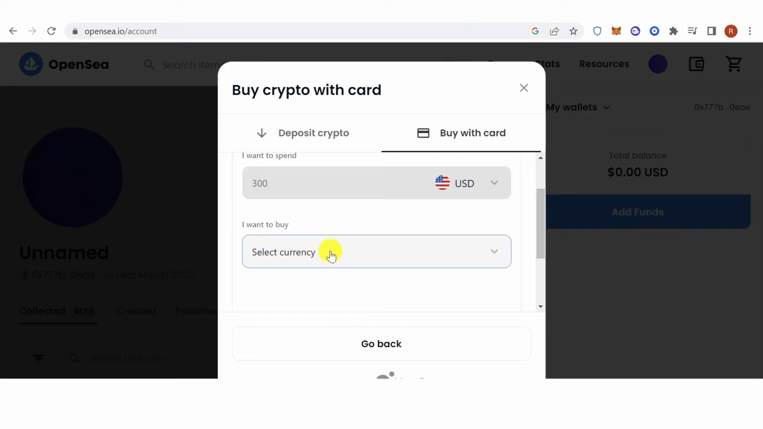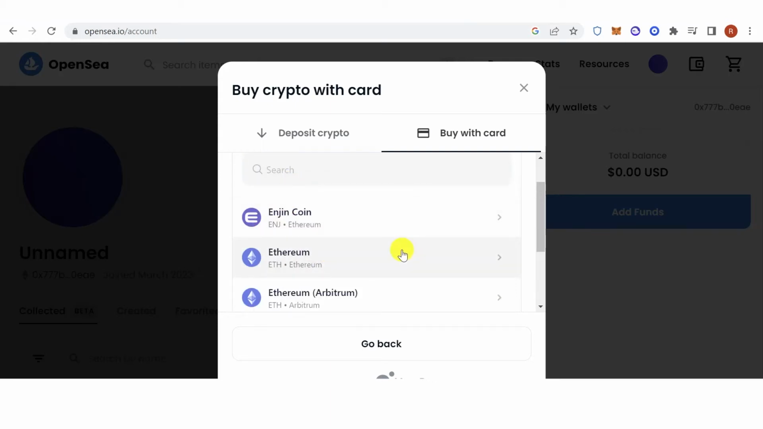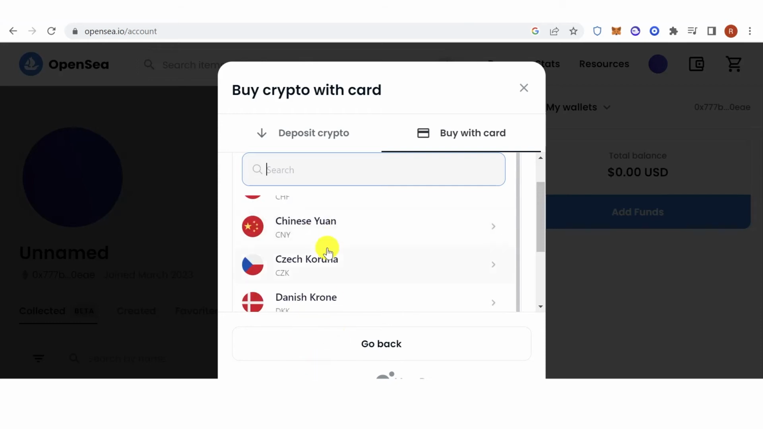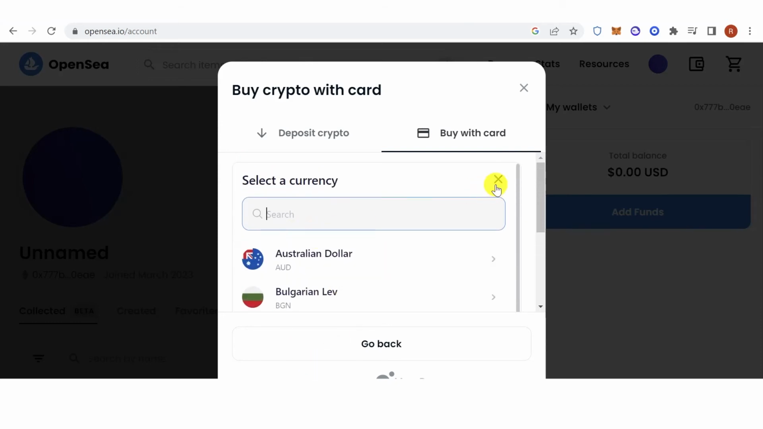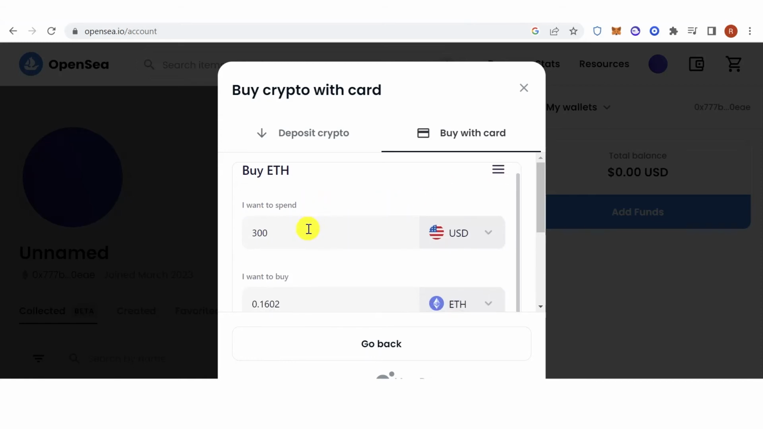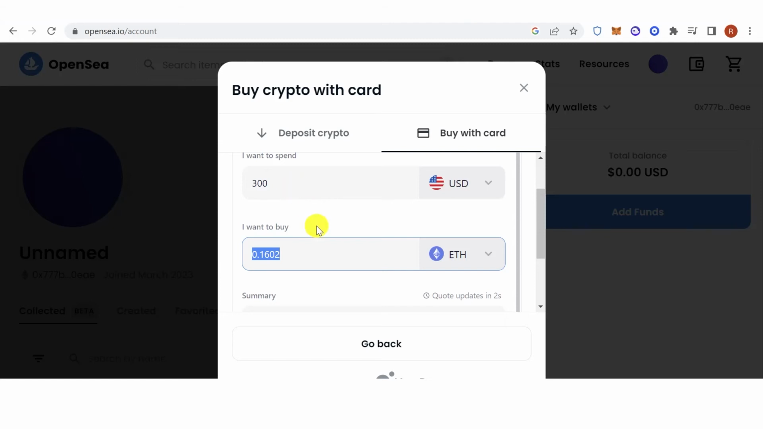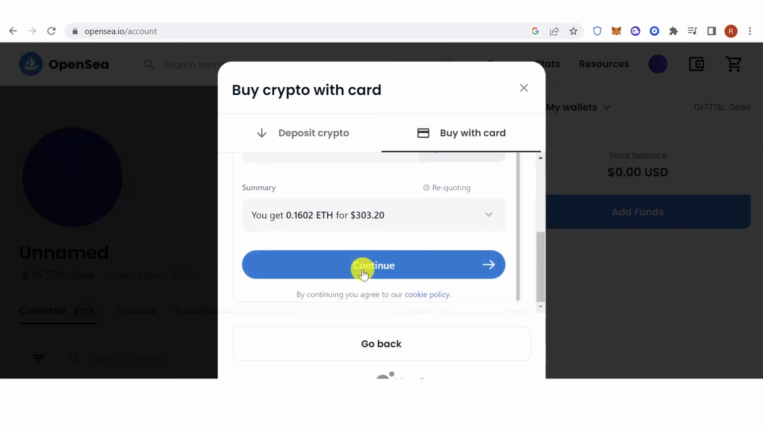So if you want to buy Ethereum, find Ethereum, then type down the amount of USD you want to spend, or money you want to spend. You can also change the currency here. So these are the supported currencies or fiats. So for example, USD, and then you will receive this amount of Ethereum when you spend 300 USD. Then click continue,